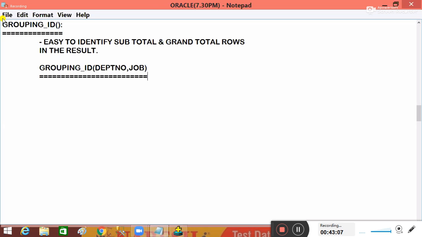Based on that number of columns, it generates ID numbers. So the first ID number, that is called ID number 1. This ID number 1 is going to be generated or represented